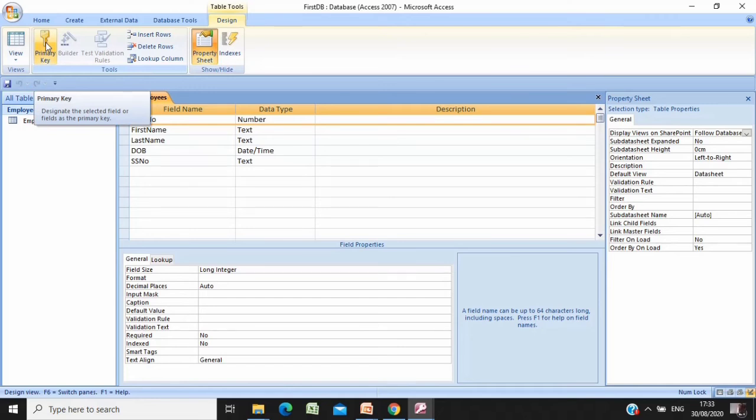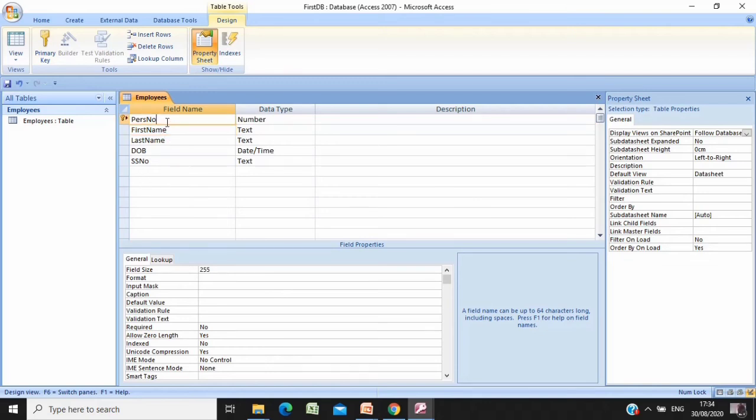Okay, so if you hover the mouse there, it even tells you primary key: designate the selected field or fields as the primary key. Yes, sometimes you can have a combination of fields to form one primary key, but in our case here, just one is enough. That's the personnel number. So the moment we click, you notice that icon comes right next to personnel number, meaning this is now our primary key field. So we save,